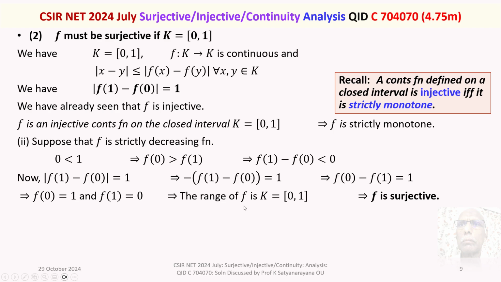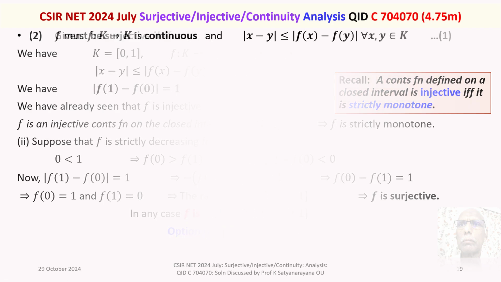So the range of f is the complete K, that is the closed interval 0 to 1, and f is surjective because this range is coinciding with the codomain of f. So f is surjective. So in any case, f is surjective if K is the closed interval 0 to 1. In general, it is not. That is what option 1 says. So in option 2, when K is the closed interval 0 to 1, f is surjective. Thus, option 2 is true. Right. We move on to the next slide